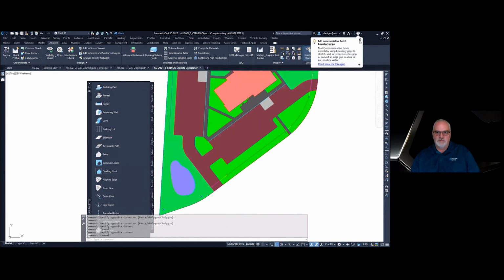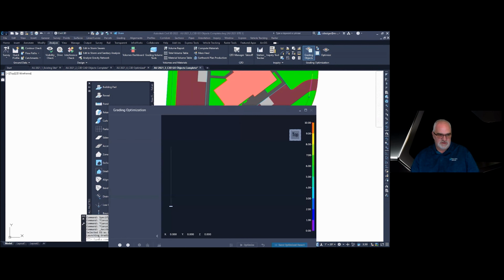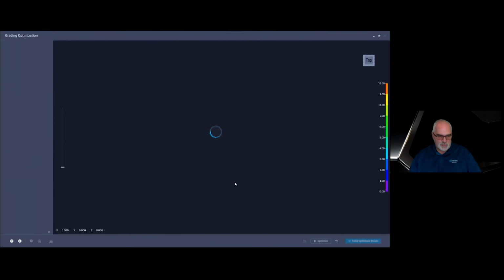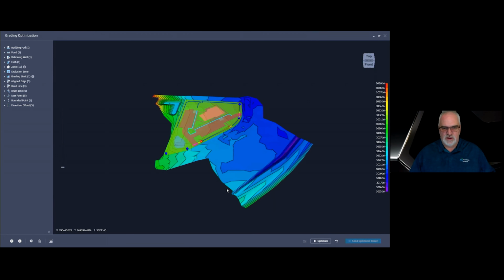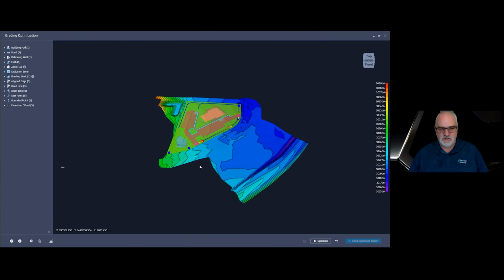So from here, you want to select optimize. You'll see it says it's launching. GO. Once you get into GO, you're going to find that everything is there. You can see the